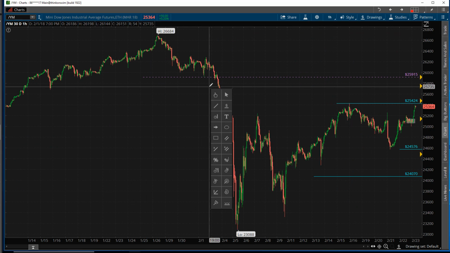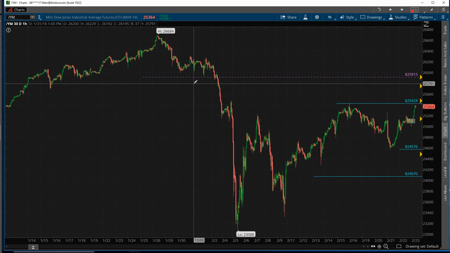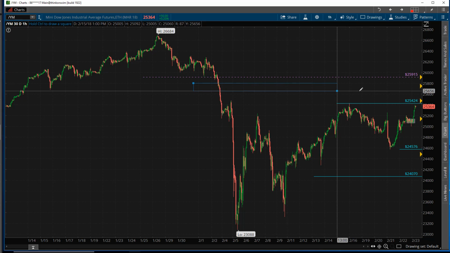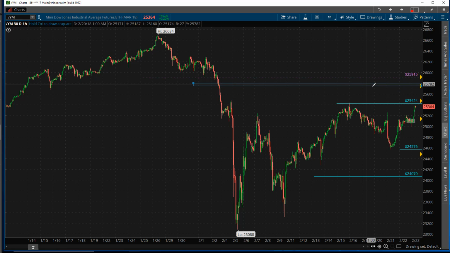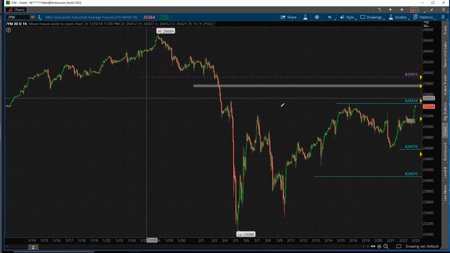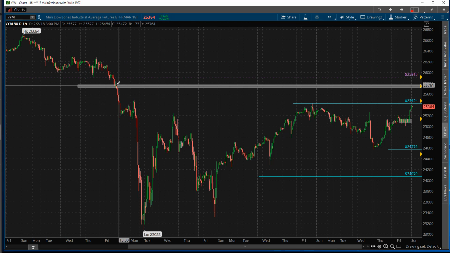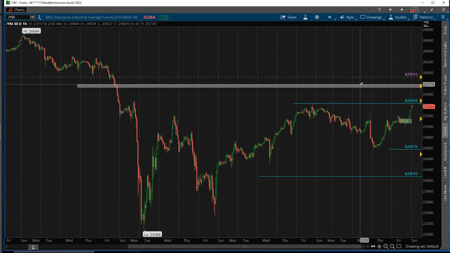takes us really all the way back up to this zone right here, right up here, this area. Move that down a little bit, right about there. Okay, and you can see that is like the first area of support where that green candle is on this big move down. So if we break out of these highs, I'm going to be looking for a move up potentially into those